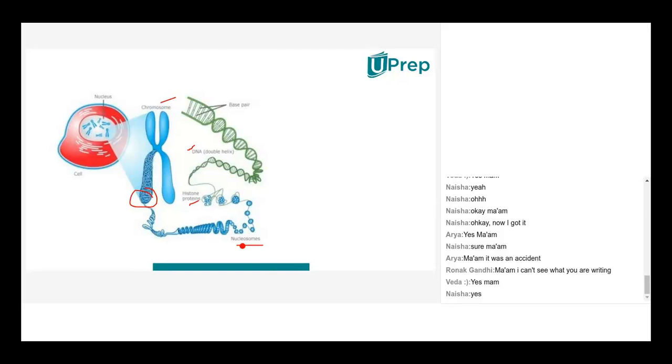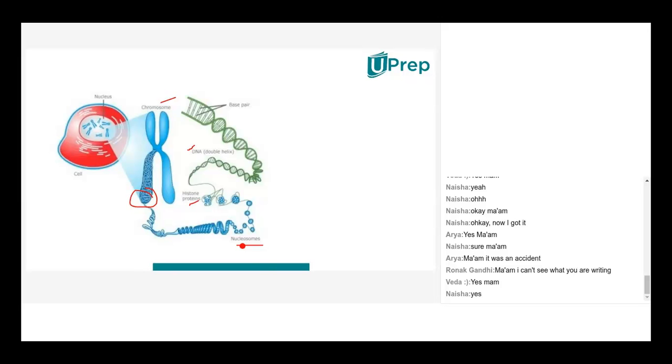That's the name of the protein which is associated with nucleic acids. We are having different proteins based on the amino acid composition. So based on the amino acid composition, histone is the major amino acid in these proteins. That's the name histone protein. Clear? Yes, ma'am. Any other terms? All the terms are different.